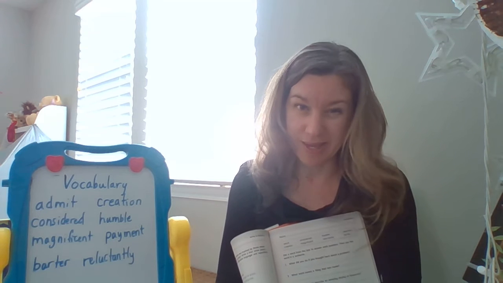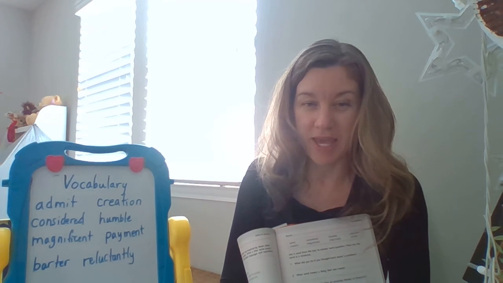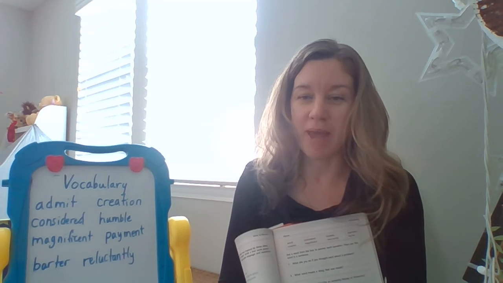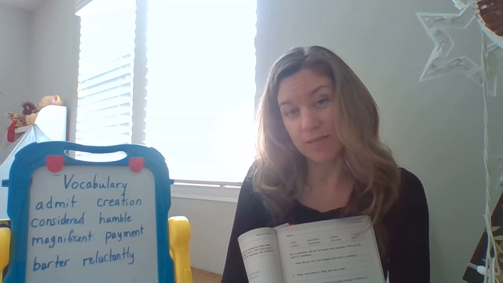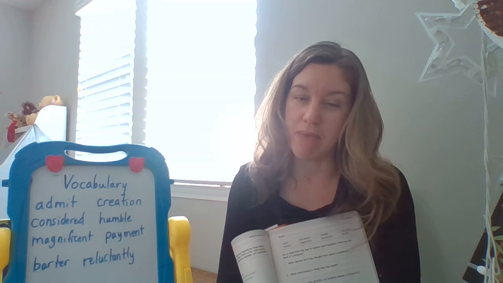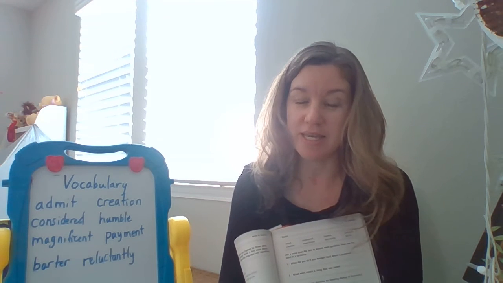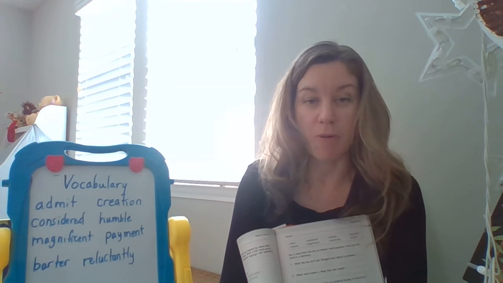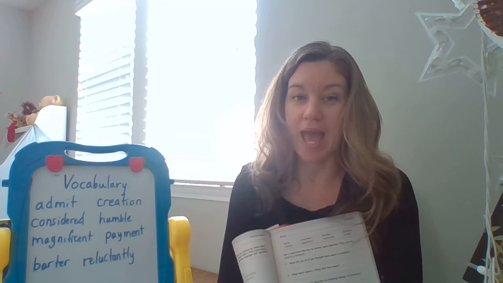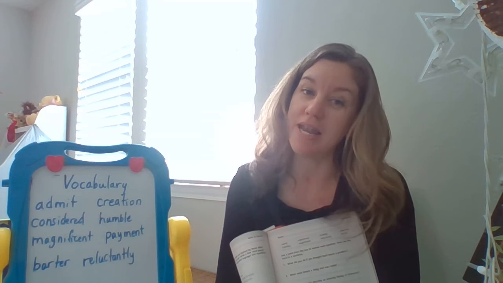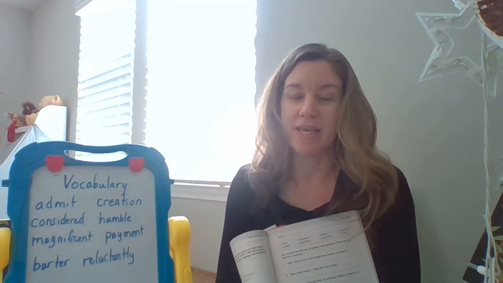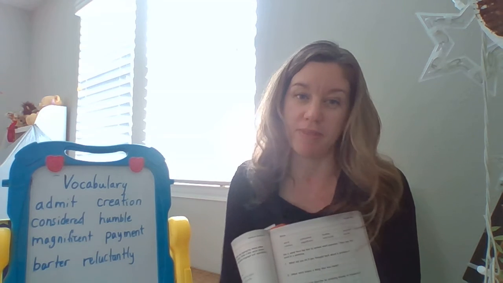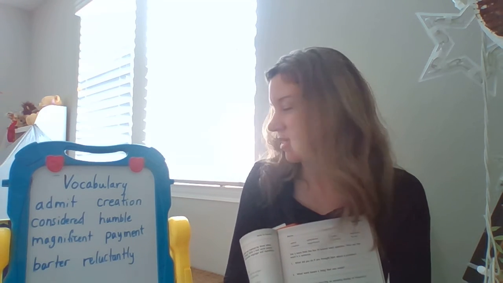Next word is payment. I think you can spot the root word on payment. Pay, right? So payment, we talked in class about how when we add meant to the end of a word, M-E-N-T, it turns a word into a noun. So pay is a verb, and when we add M-E-N-T, it becomes a noun. So payment is what I make when I pay for something. I make a payment on it.